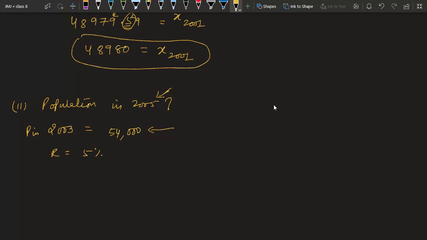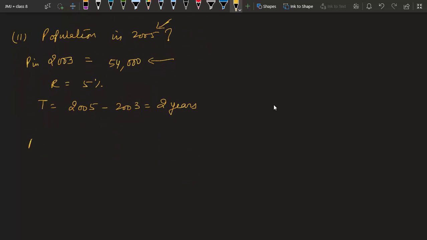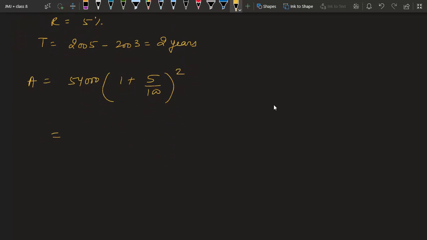Now time will be how much? 2005 minus 2003, 2 years. Again put the formula. This time amount is unknown. So amount is equal to principal 54,000 into 1 plus 5 upon 100 whole power 2. This will give answer as